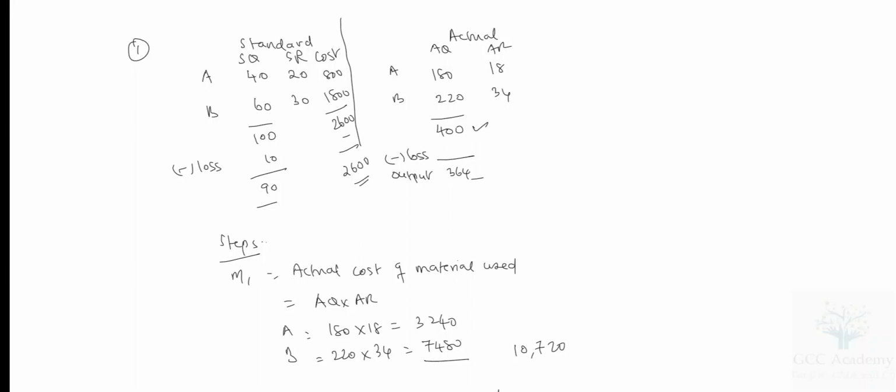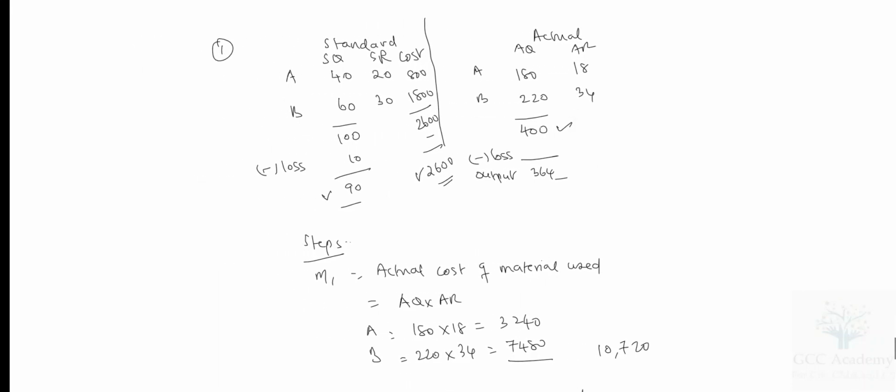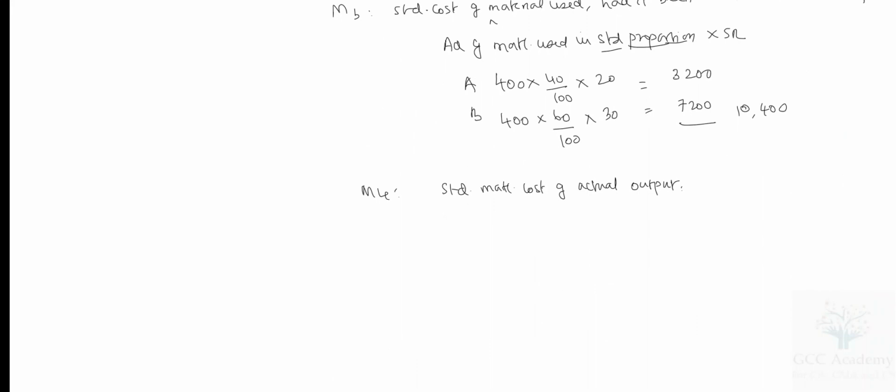So for 90 units of output, standard cost is 2600. For actual 364 units of output,